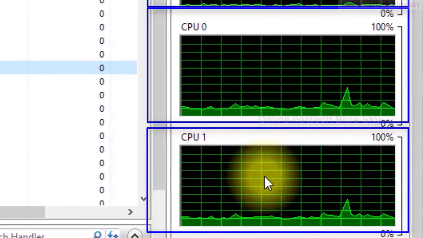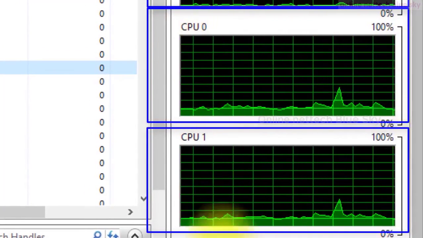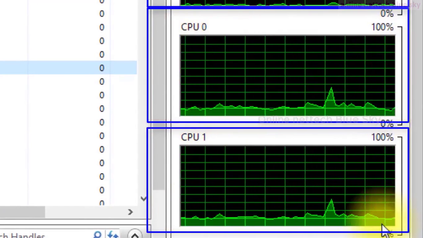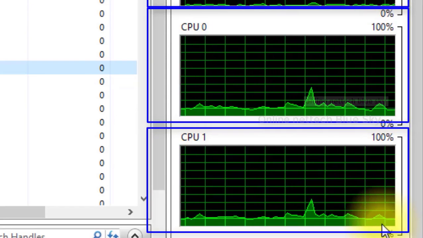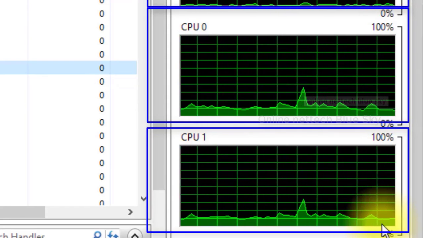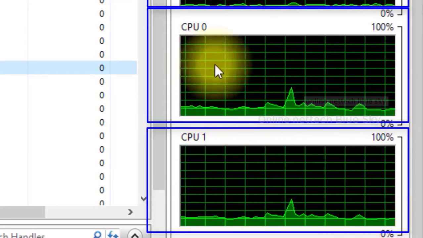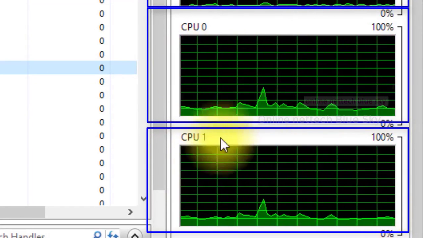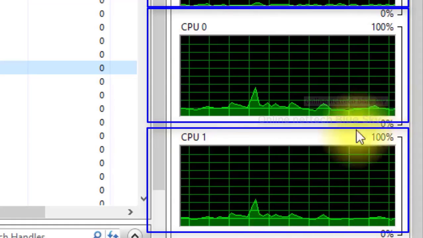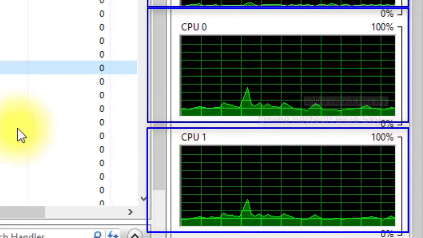Okay, dual core. Other types are, for example, core i3, where you may see CPU 0, CPU 1 and CPU 2. CPU 0 means the first core and CPU 1 means the second core working in my CPU.